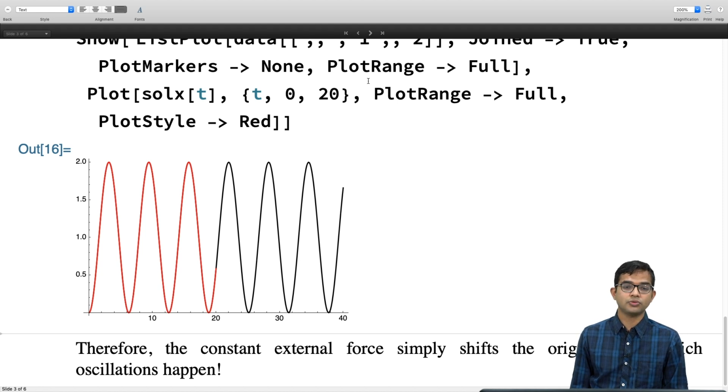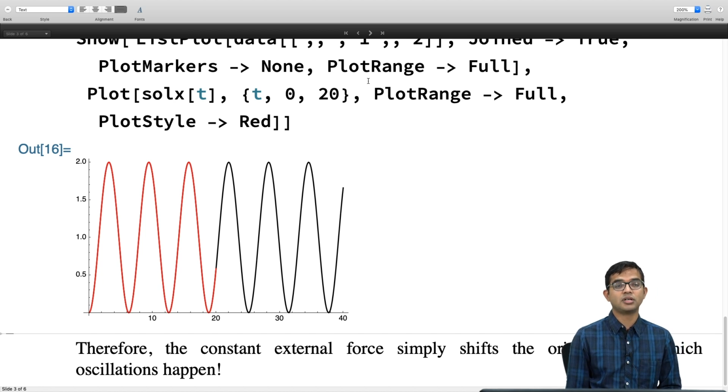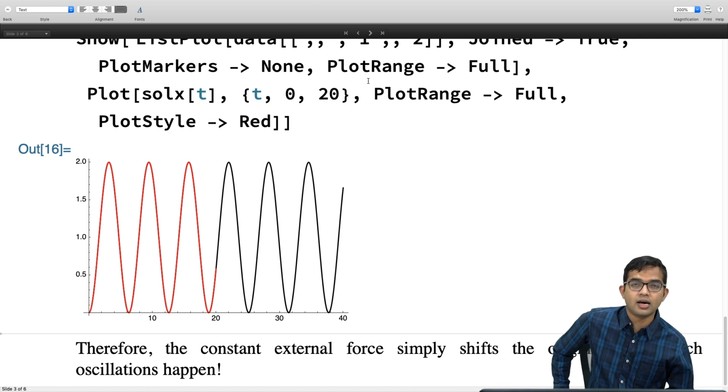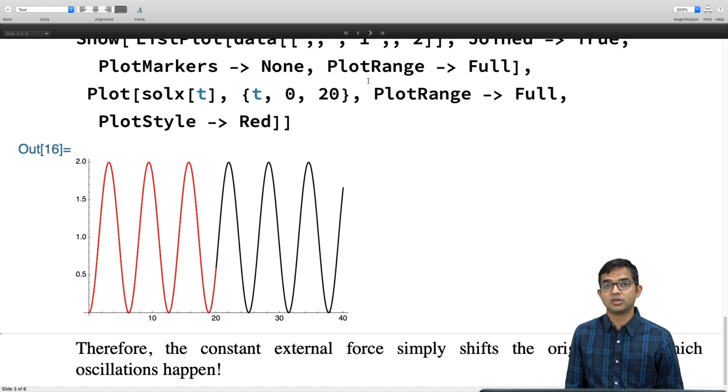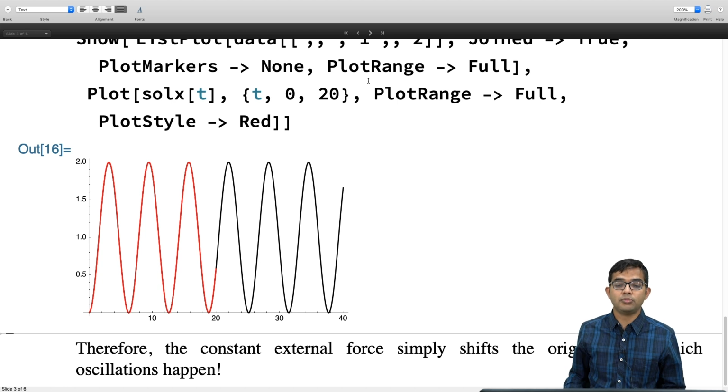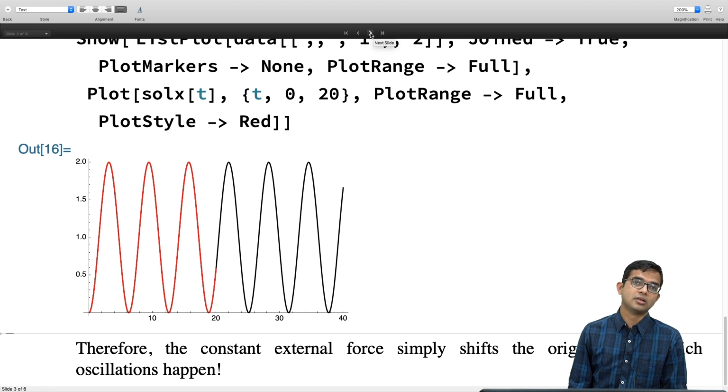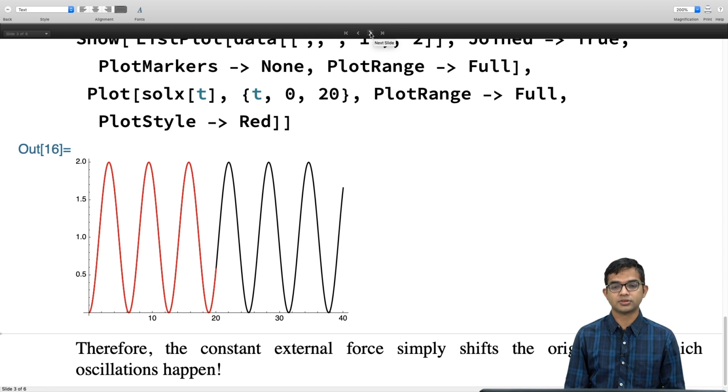So we saw that, of course, if f0 were itself a cosine function, that's the problem we considered first, if you're at resonance, it could give you really large amplitude oscillations. It's going to keep oscillating about the origin, but its amplitude can keep on increasing. So let's look at what happens if my external force is not periodic, but is constantly increasing as a function of time.